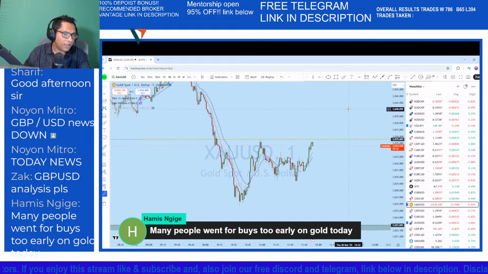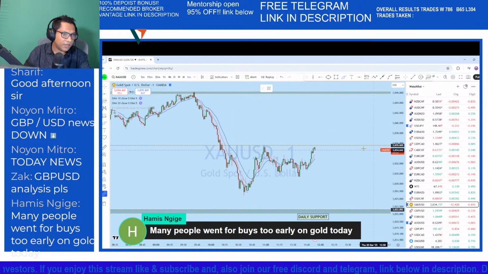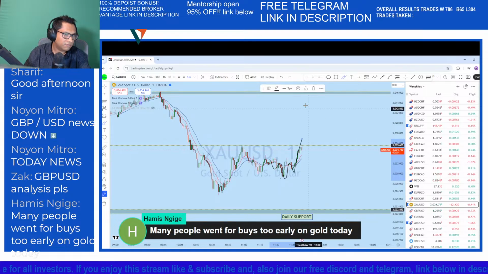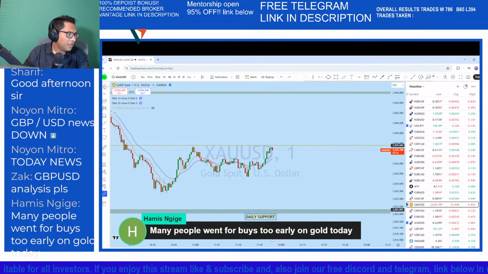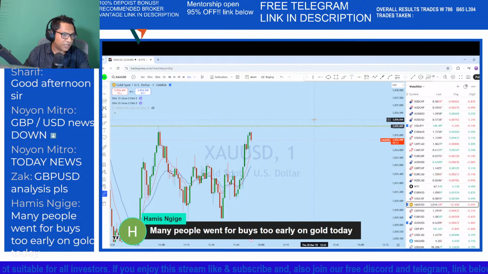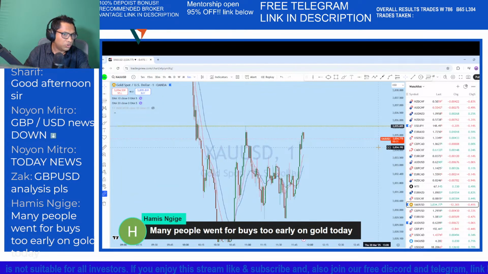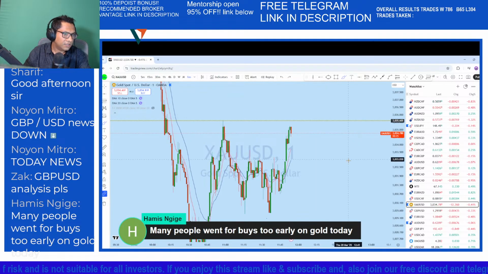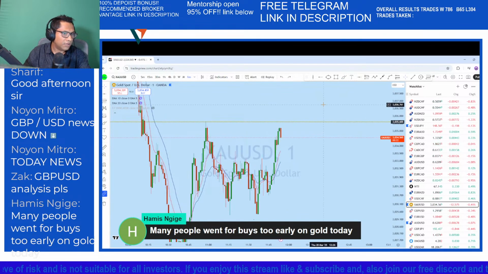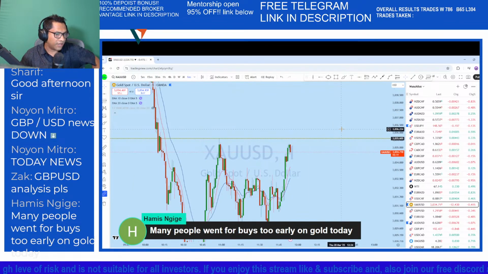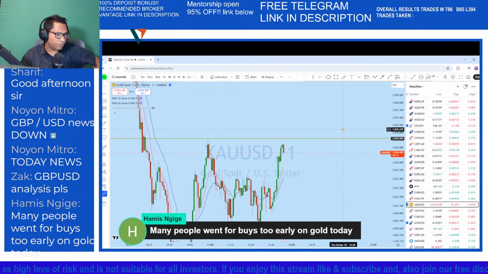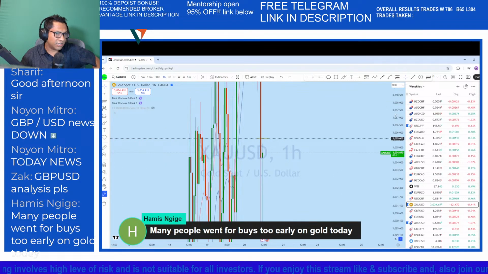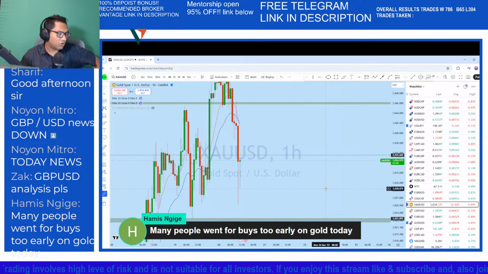As you can see, this is a lower time frame price action. There is an inverted head and shoulder and a breakout from the inverted head and shoulder. With that breakout, we could see the market heading to the upside and then bouncing back down. That's a very important point to look at when analyzing the market. If you look here, this is the 1 hour chart on XAUSD,